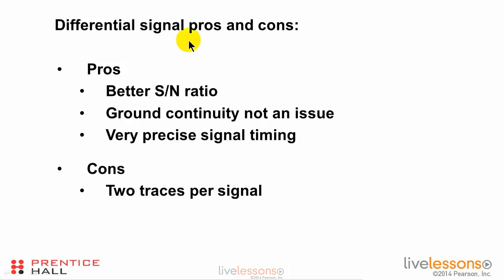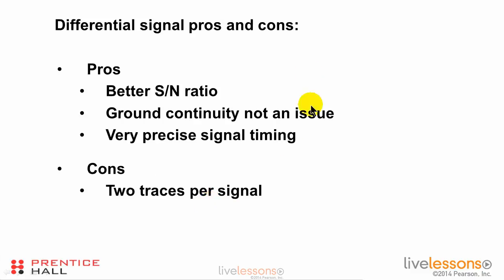There are pros and cons to differential signaling. The pros are you get a better signal-to-noise ratio. Ground continuity is not an issue because the signals are equal and opposite, and there is no signal through ground. And you can get very precise signal timing. The con is that there are two traces per signal,